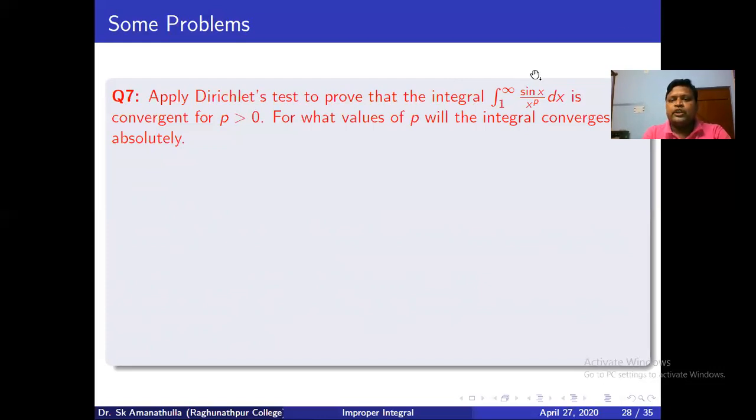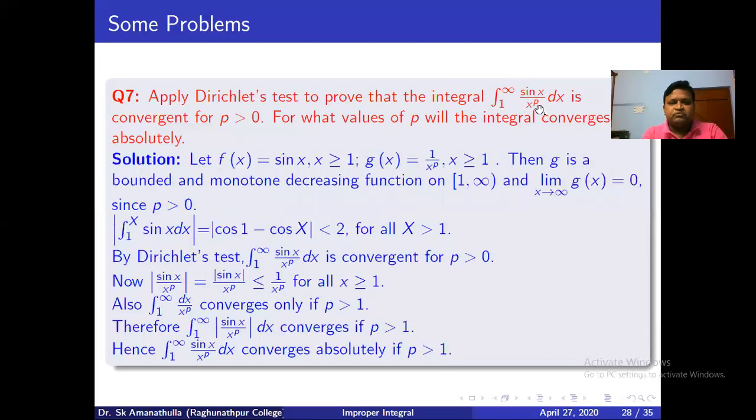So this integral may or may not be absolutely convergent. Now if we take f(x) equal to sin x and g(x) equal to 1 by x to the power p, then to use Dirichlet's test, we have to prove g(x) is bounded, monotonic decreasing, and the limit as x tends to infinity of g(x) equals 0. Since p greater than 0, g(x), that is 1 by x to the power p,